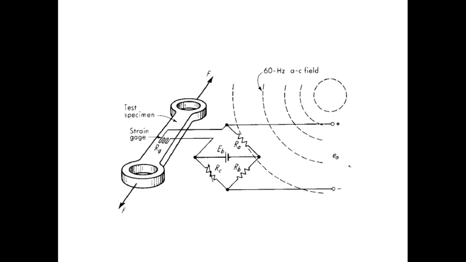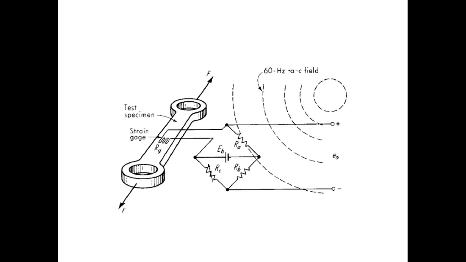Similarly, when you want to measure the strain in a test specimen, you put a strain gauge, let's say in this form, and then you measure the resistance according to the forces applied, the stresses developed, and the strain caused on this test specimen. There will be a change in RG, and you can balance this Wheatstone bridge accordingly, and then you can get the value of the resistance change and hence the value of the strain.